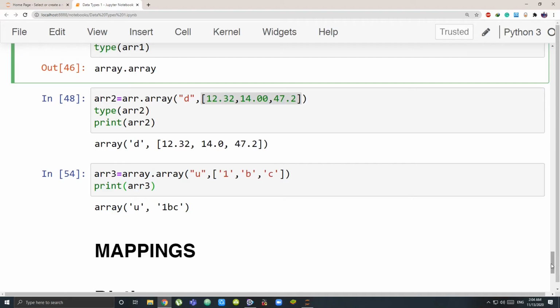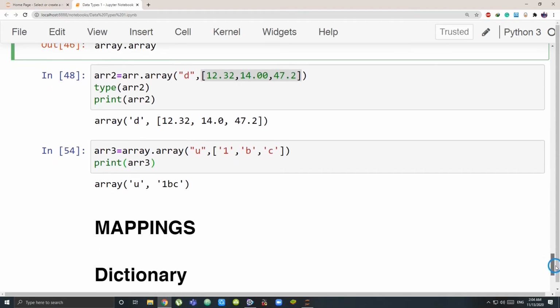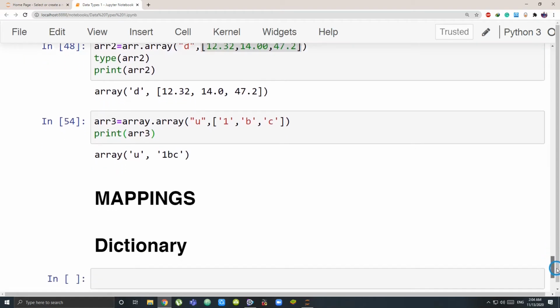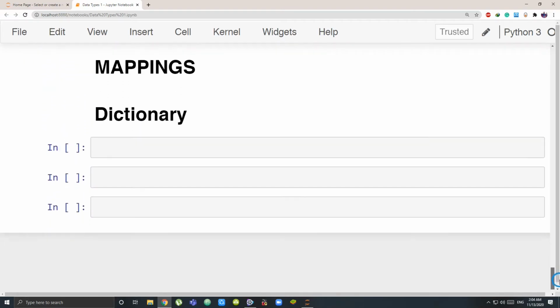Suppose you want to store lots and lots of things and you don't have that much storage in your PC or system, then instead of storing as a list, you store them as an array. They will take less storage. And one more benefit of arrays is the ability to perform operations directly on your elements. Definitely with a list also you can perform operations, but you can't perform them directly on each element. Here that's something that you get with arrays.